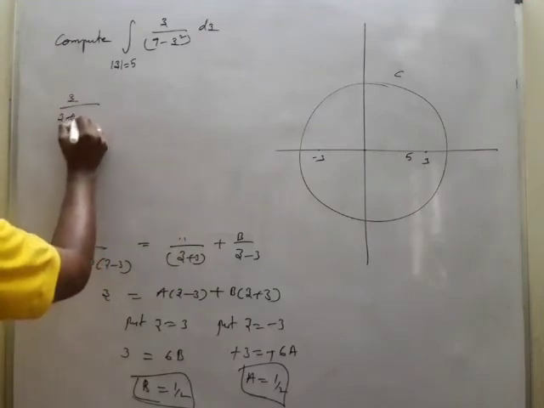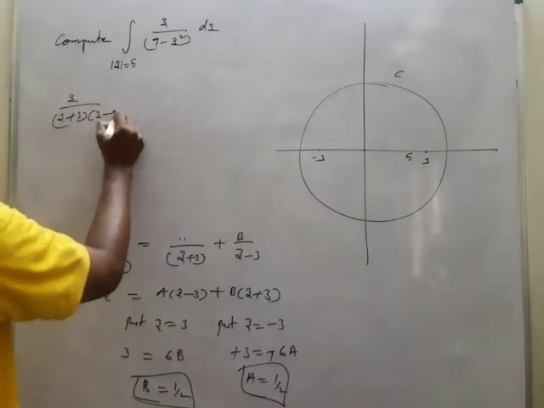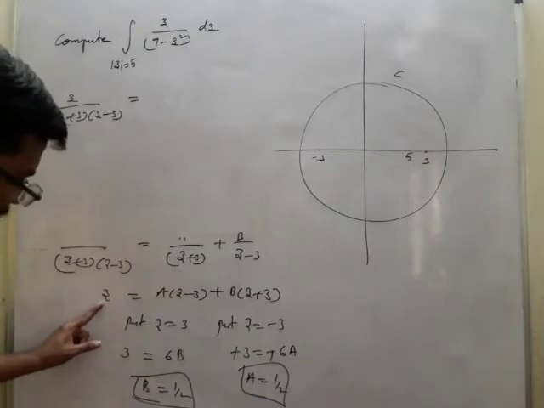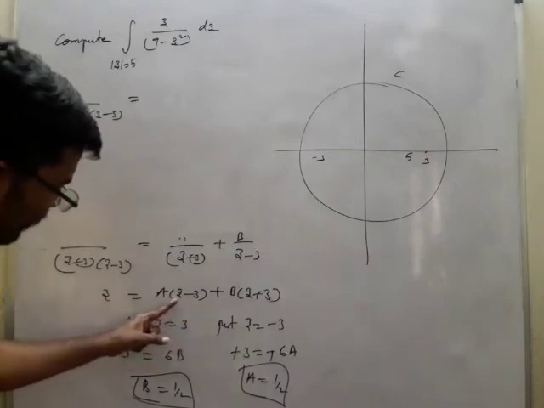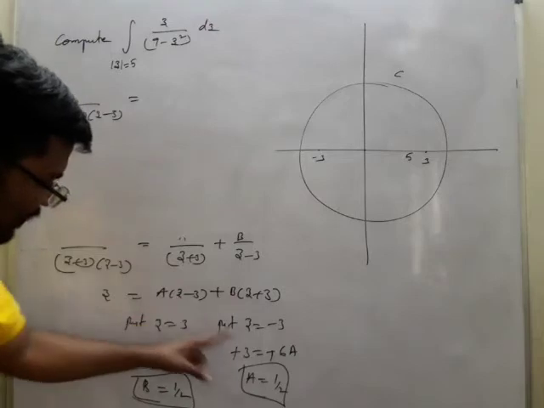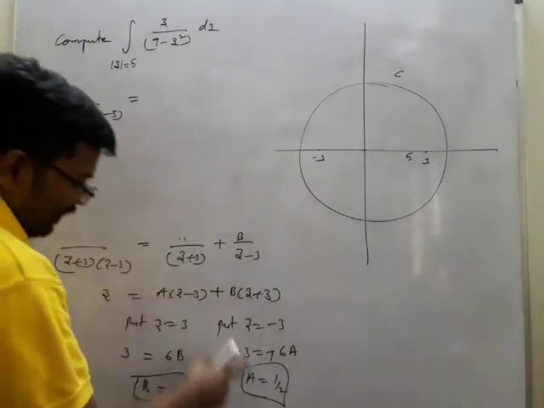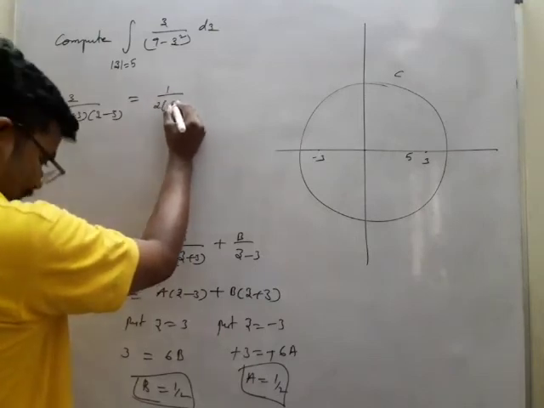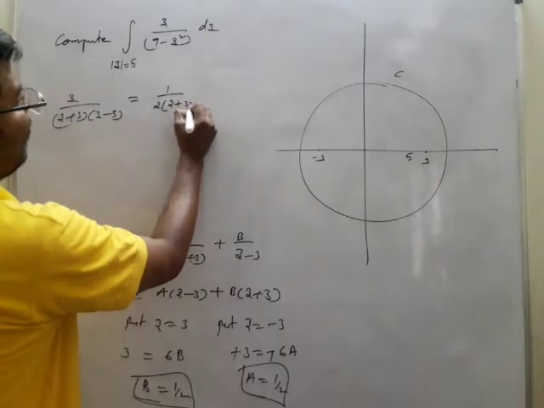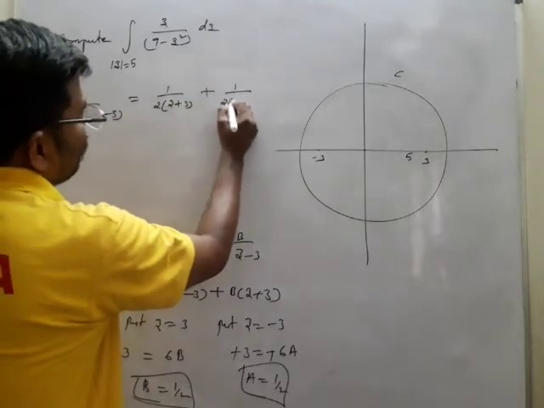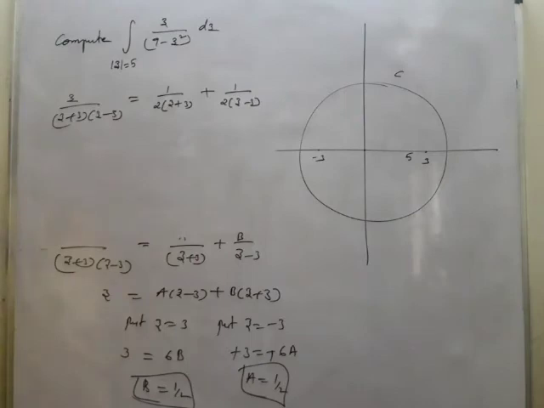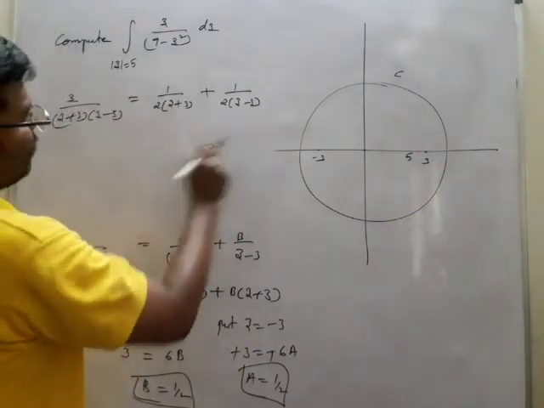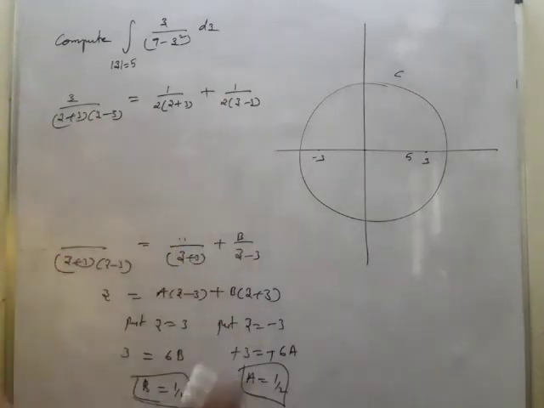z by (z plus 3)(z minus 3) is equal to, the one is positive, z is equal to minus 3, this is minus, and if you put minus here, this is minus 6, okay. Now first one is 1 by 2, so I may write 1 by 2 into z plus 3 plus 1 by 2 into z minus 3. Okay, if you take 1 by 2 common, 2z, that will be cancelled, right?